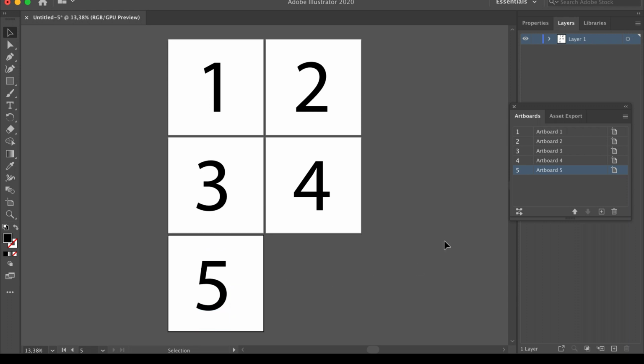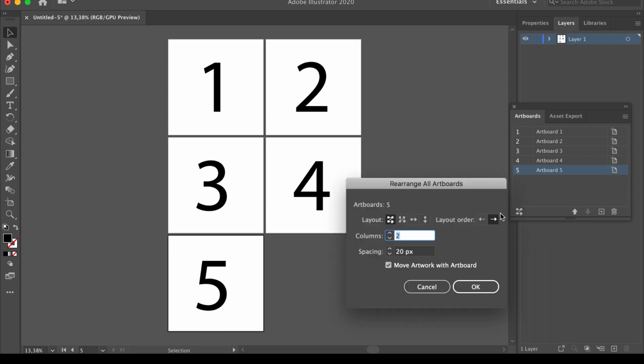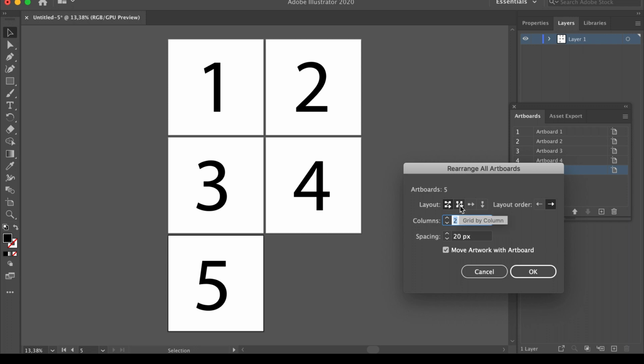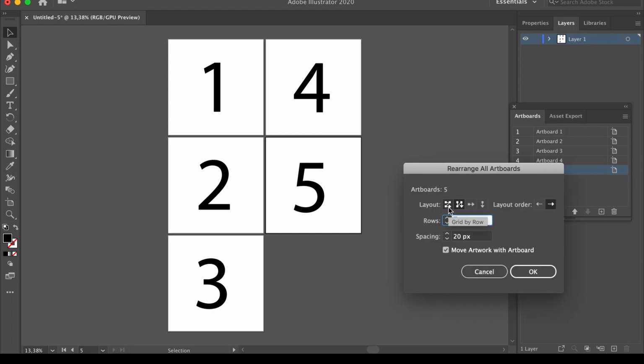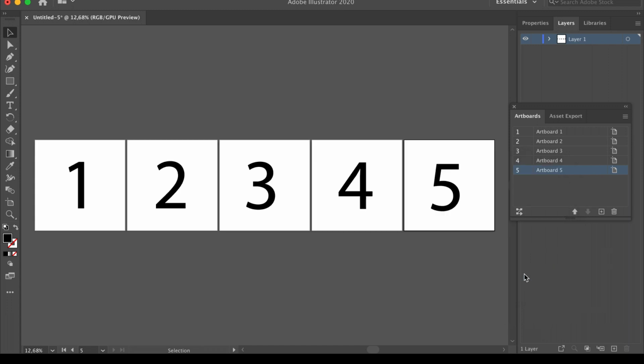So here I'm going to go back to this option, rearrange. I'm going to go to this grid by column. So this was grid by rows. So now this is going to be grid by column. I will click here. I want to create 3 rows. So let's see. You see? The second, so this is how it arranges it. And I will show you again, for example, arrange by row. Click OK. So this is how it created 1, 2, 3, 4, 5,